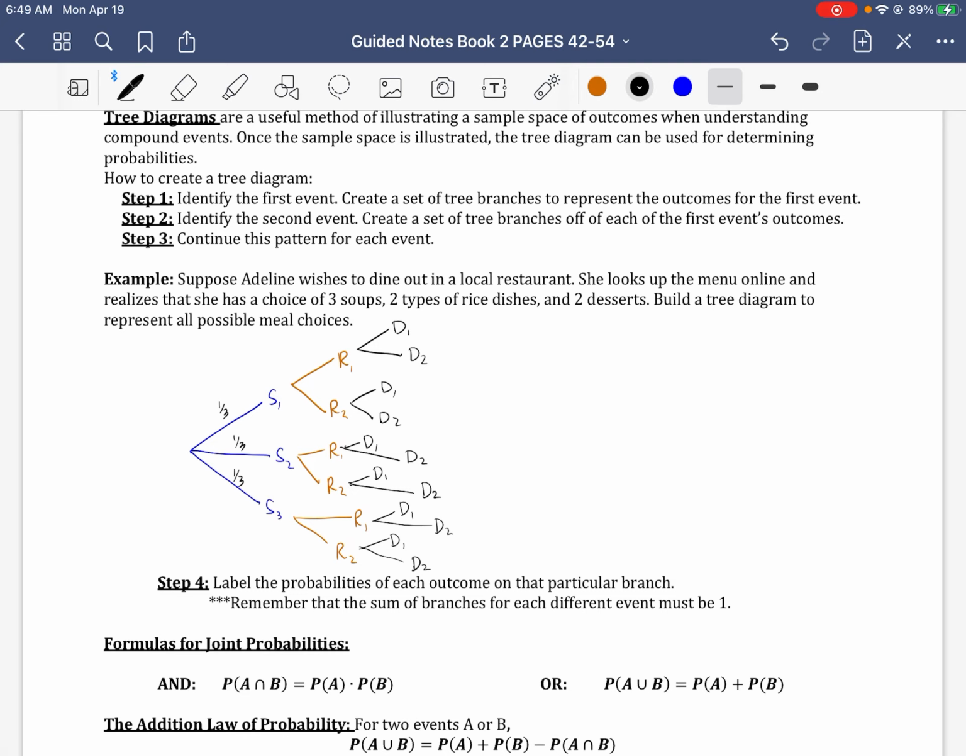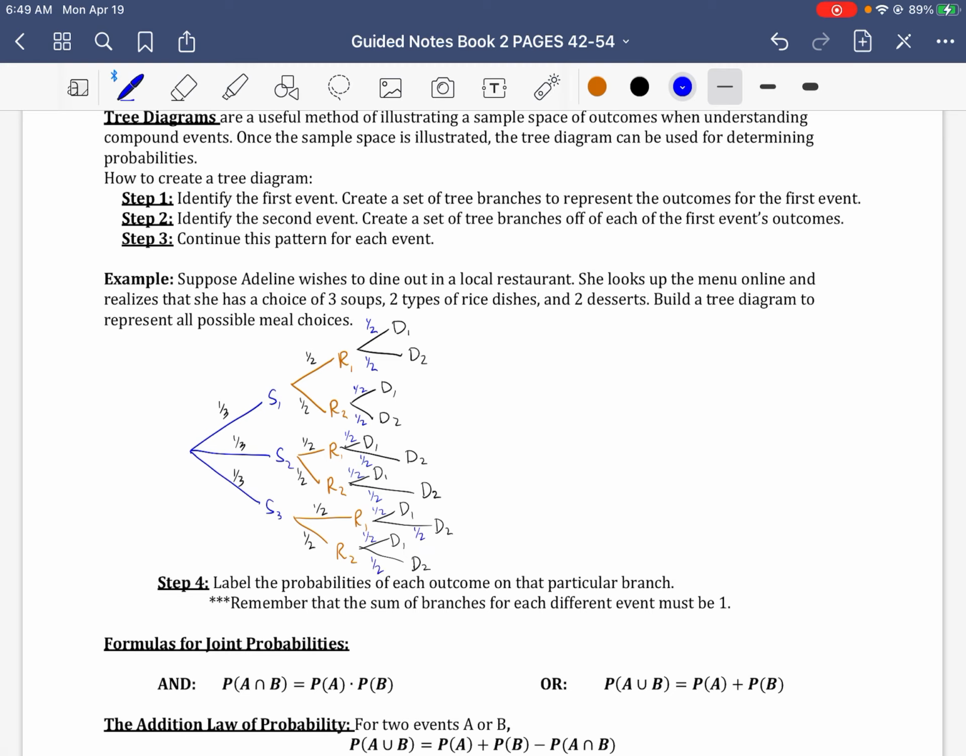Rice 1, she can either choose rice 1, so 1 out of the 2, or rice 2. So notice that all the branches relate to the possible outcomes. And then the dessert would be the same there, because there's 2 desserts, so it would be a 50% chance of which one she chooses if there wasn't a preference. So we could add these probabilities here,